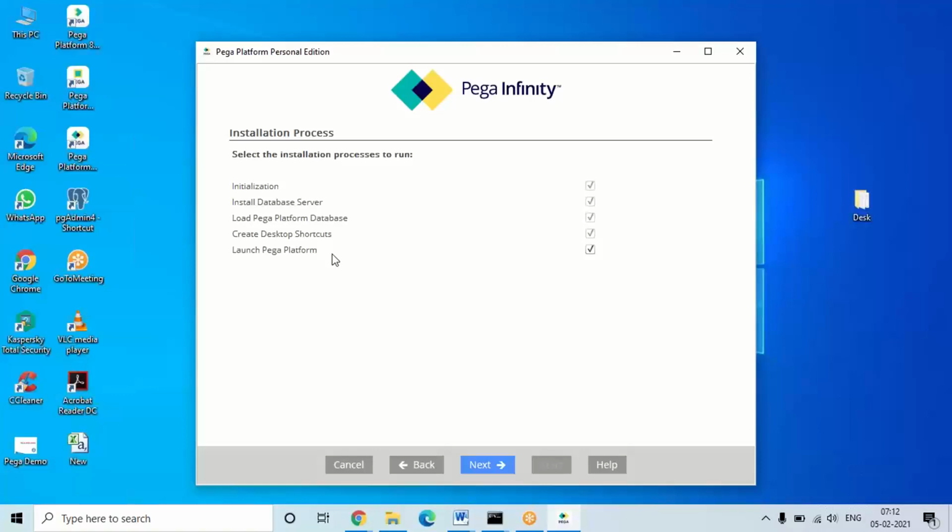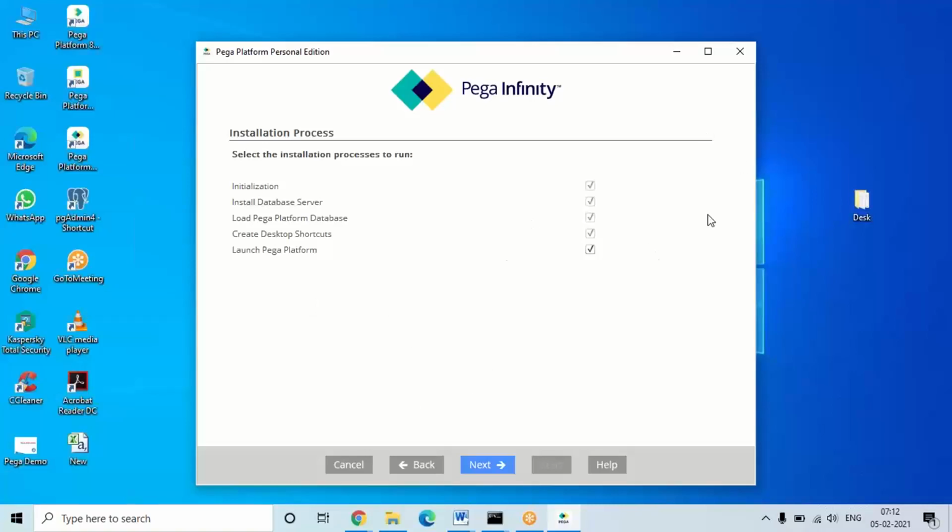To start or open the Pega application, we start the intranet server, which will launch automatically after your installation. These five steps will happen automatically after you begin the installation.